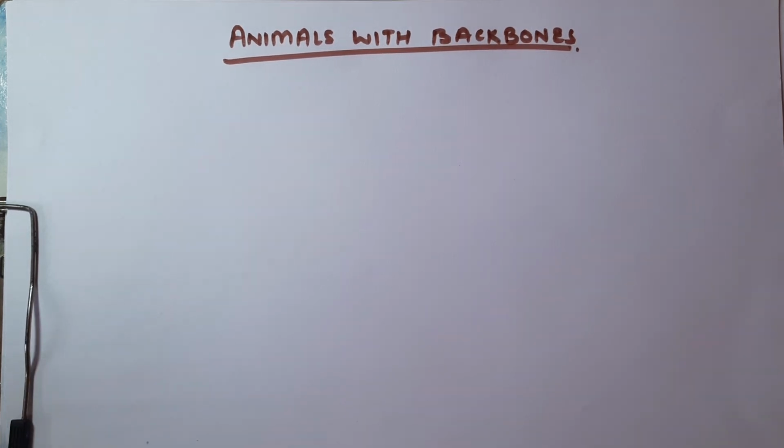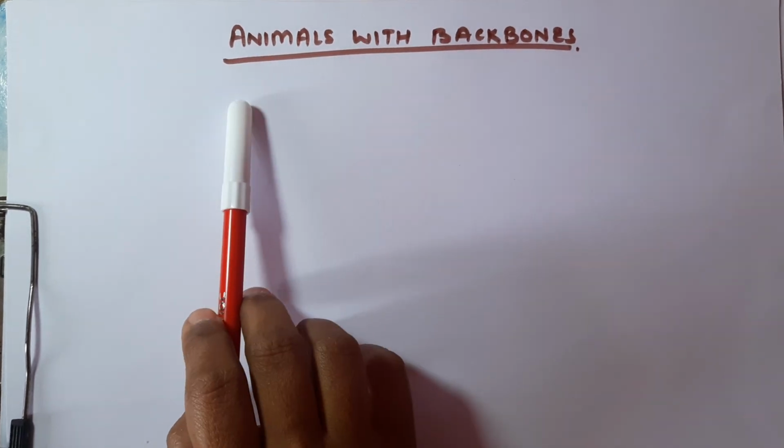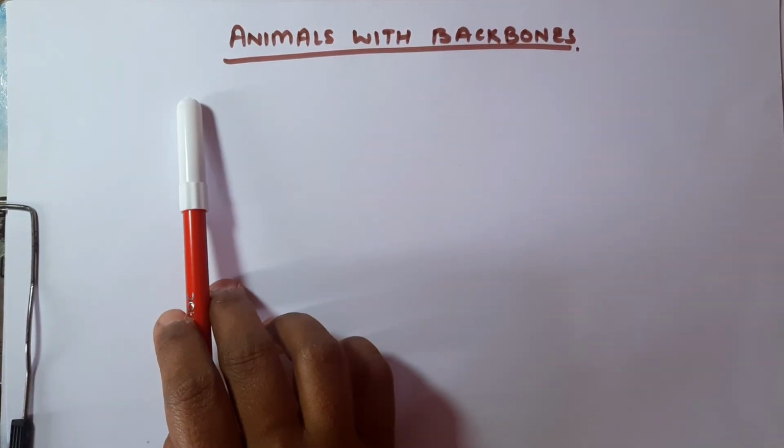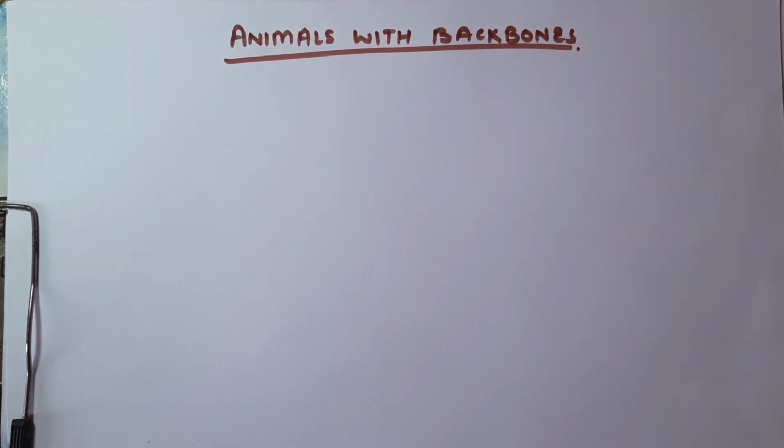In this video we are going to quickly talk about the animals with backbones. We all know that animals are divided into two main categories. First is the one that does not have a backbone, and there are some species that have a backbone. The animals that have no backbone, for example, are insects. Insects are a very large group of different types, and they have the tendency to fly, hop or crawl. Apart from this, there are several animals, like fish, amphibians, reptiles, birds and mammals, that possess a backbone.